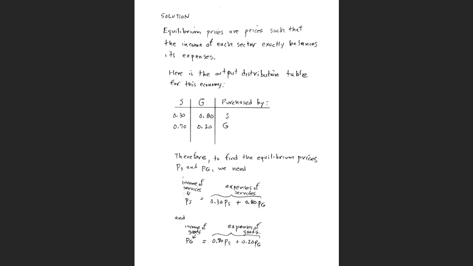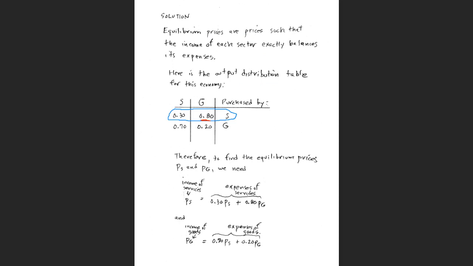Now the output of services and goods are both at 100%, right? It has to be, right? So if we look at the first row here, services purchases 80% of goods,